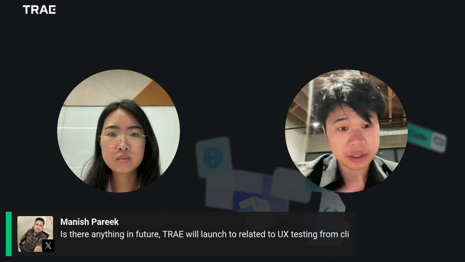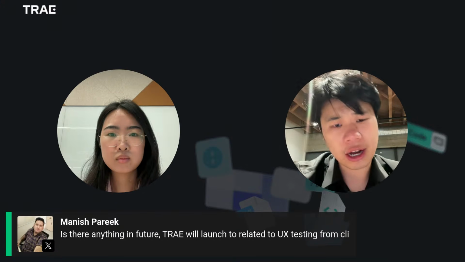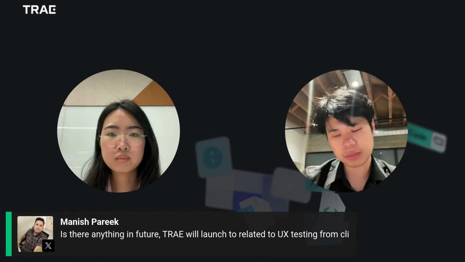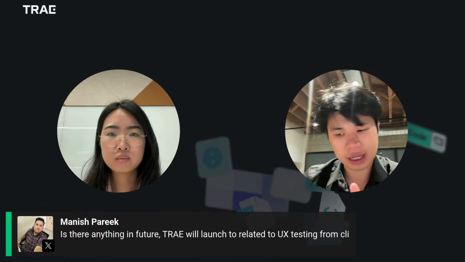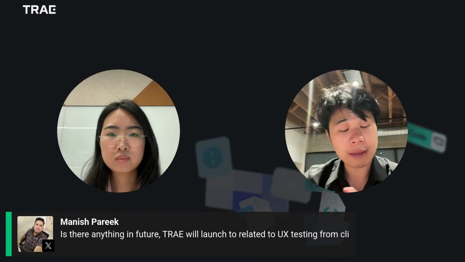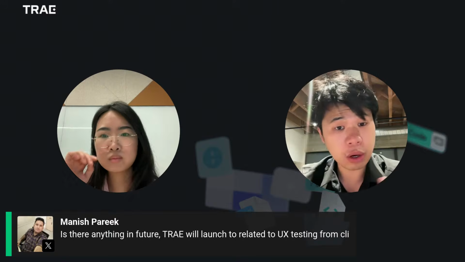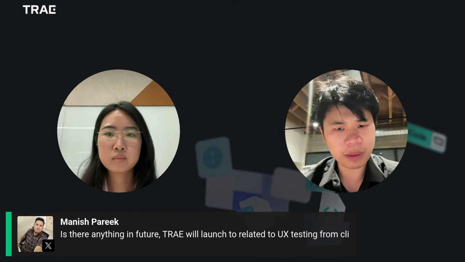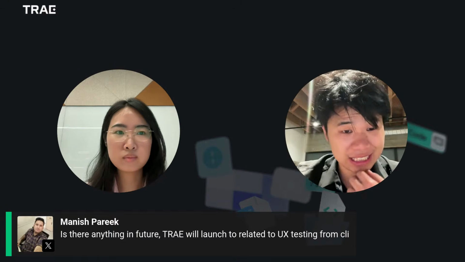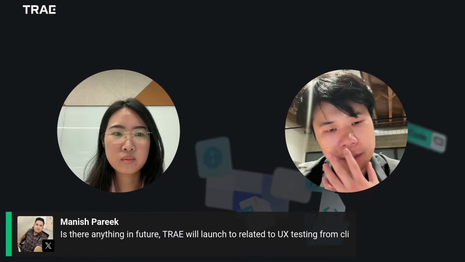One of the reasons, as you mentioned, the normal browser use and those kinds of automation kind of suck is that those models are just too general. They are not focused on a certain kind of work. And I believe if you try the marketplace MCP, it will work really well. But for Tray itself, I'm not sure if we're going to have this kind of testing function. But we can definitely keep you posted in our community.